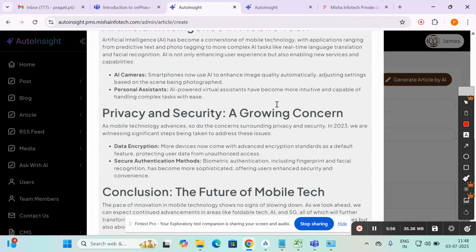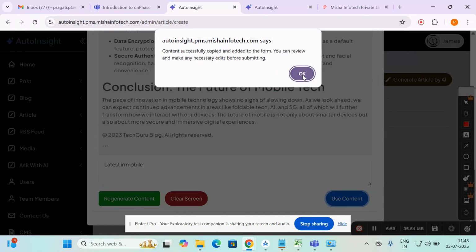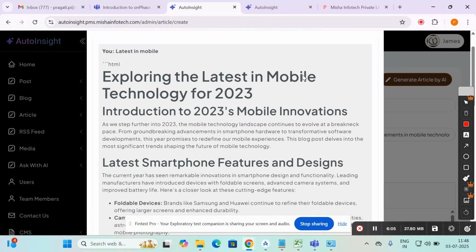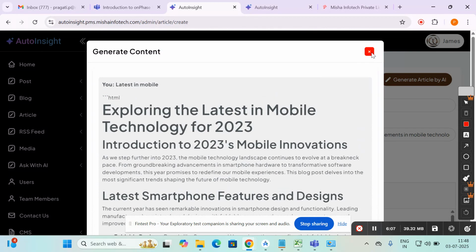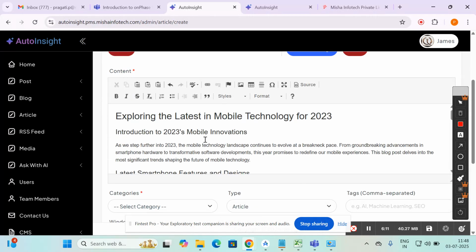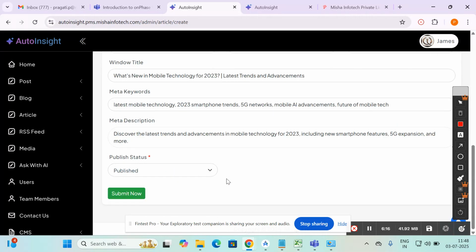And if you are satisfied with this content, then use content option, okay, and content is used. Then you see that here title, description, everything is filled.